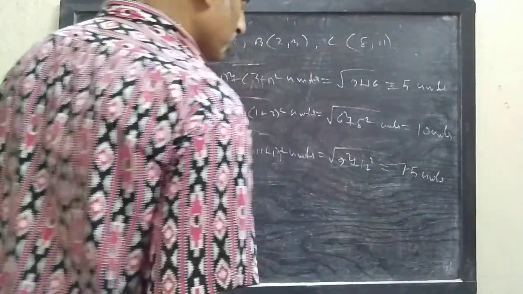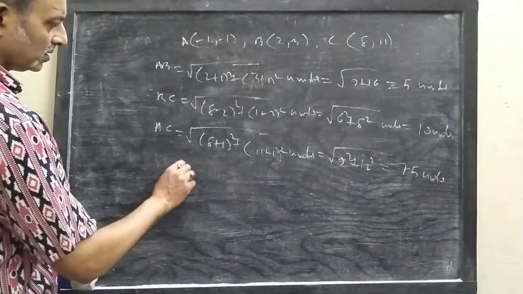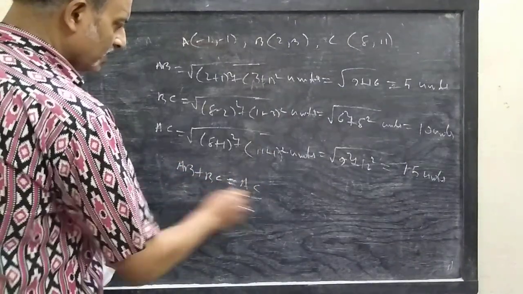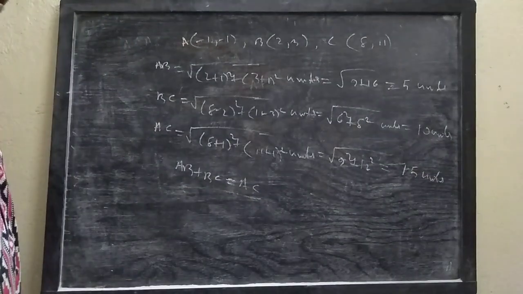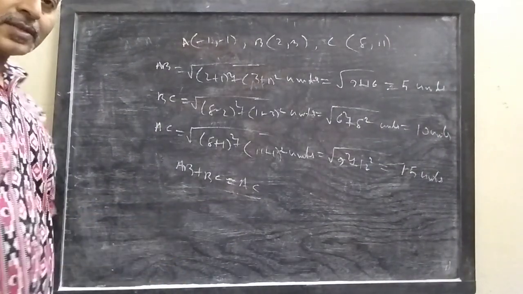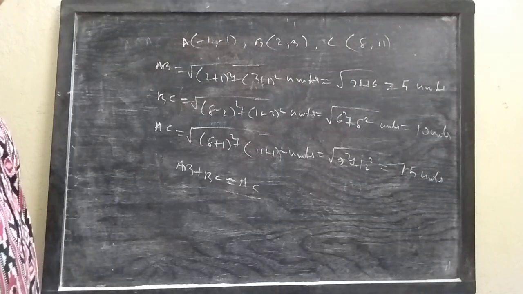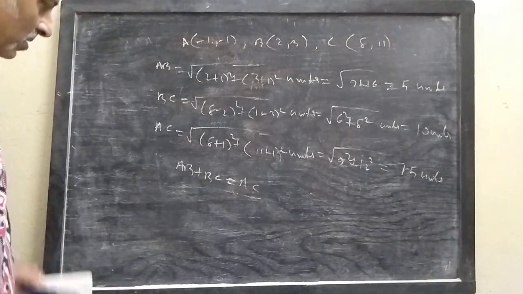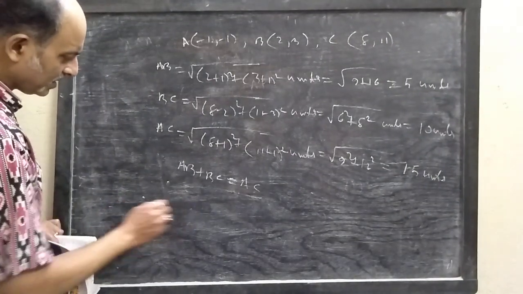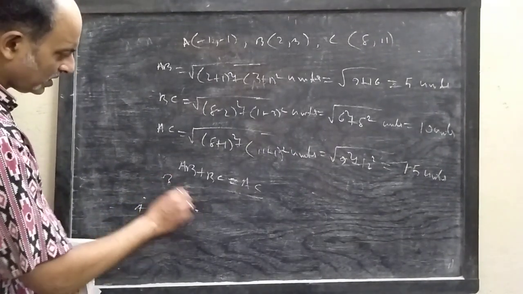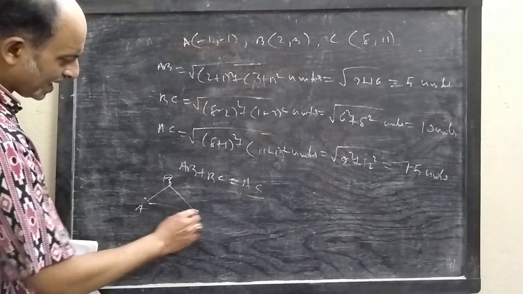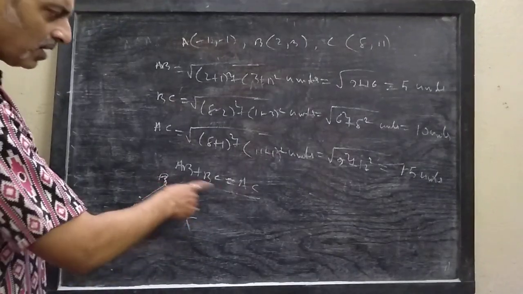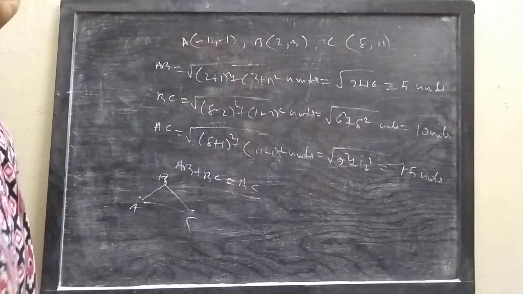Look, 10 plus 5 equals 15, so here you find AB plus BC equals to AC. And this only happens when A, B, C are collinear. So the points A, B, C are collinear. Okay? Because when they are not collinear, then they can't be equal. Look, if the points are like this, here A, here B, here C, then by triangle inequality you know AB plus BC is more than AC. So the equality only holds when the 3 points are collinear. Okay?